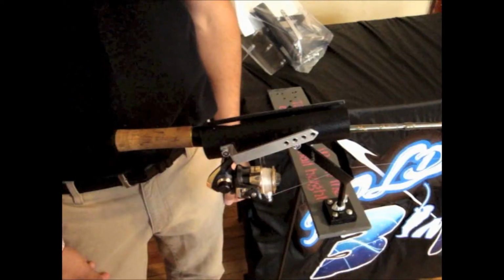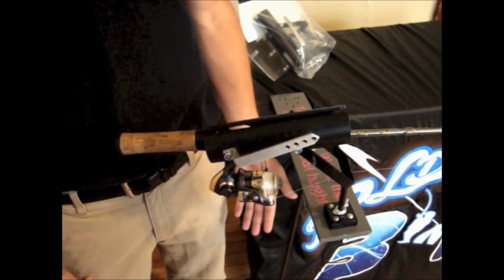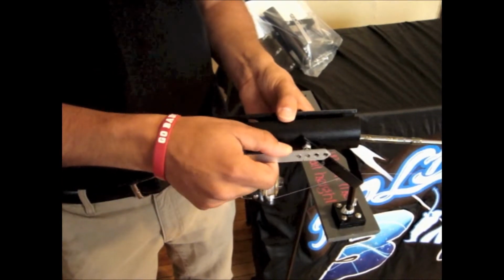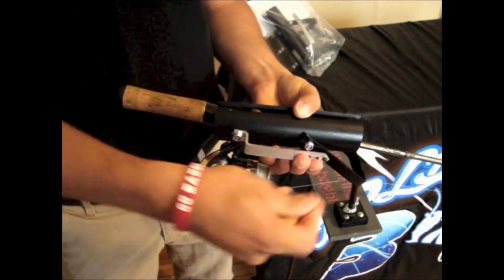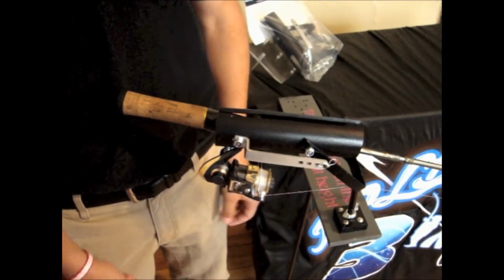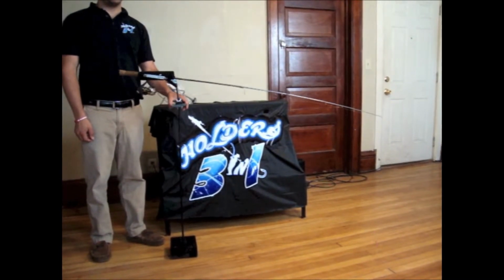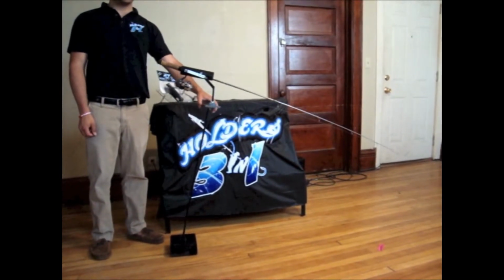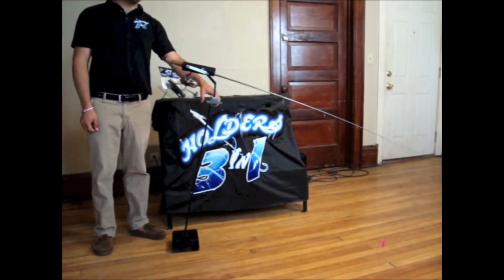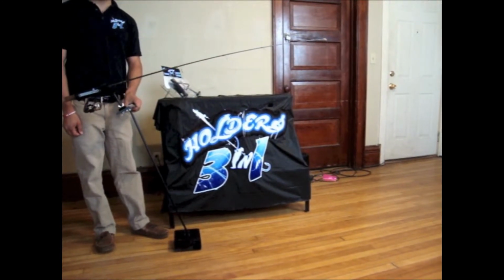To use the CFS holder in the locked position, similar to all the other products on the market, simply take the locking device here, rotate it into place, put the cotter key in, and now you have a fixed position holder. However, with the fixed position holder, as you can see, when the boat rocks down, the bait now crashes into the ground, which makes the bait look unnatural. In addition, as the boat rocks back up, the bait is constantly changing heights and looks very unnatural to the